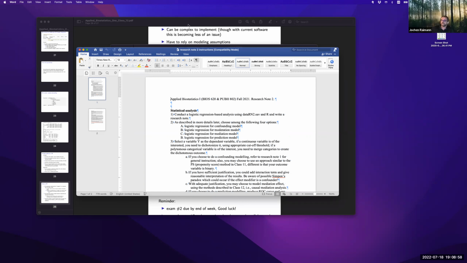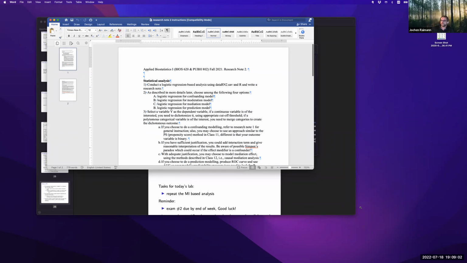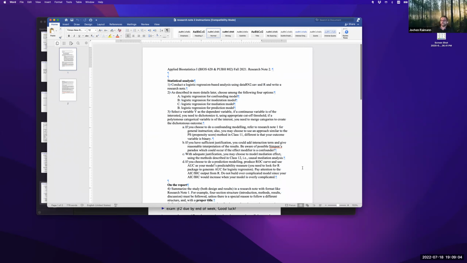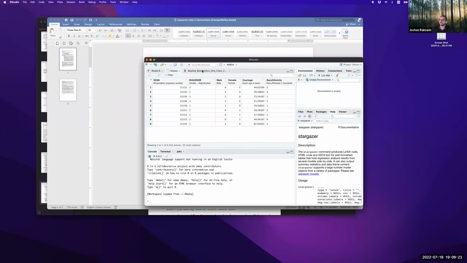Yes, I would definitely always suggest that you do some form of exploratory and descriptive analysis. That doesn't have to be much, but I think it's just a proper scientific approach to have some characterization in there. We talked the last time about Stargazer, for example, you remember? If you do, for example, just a simple Stargazer